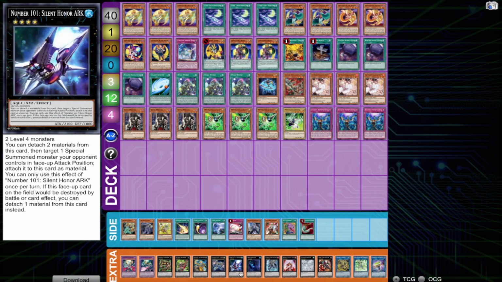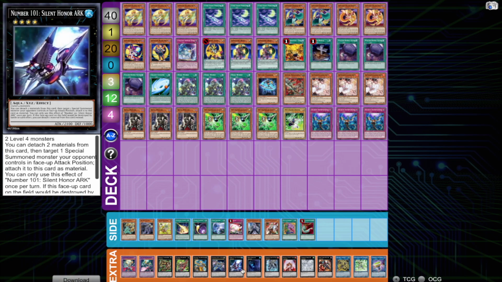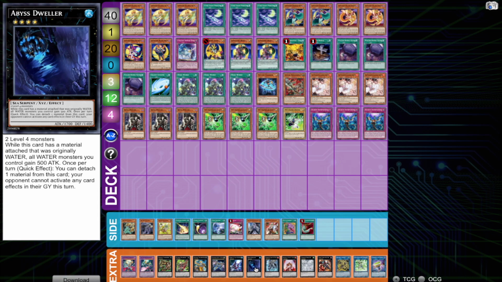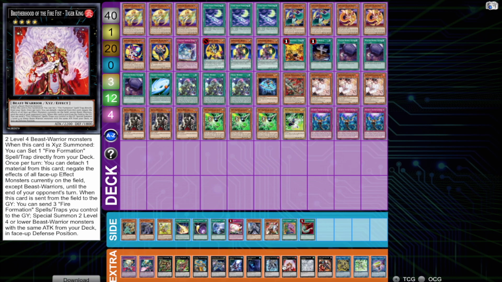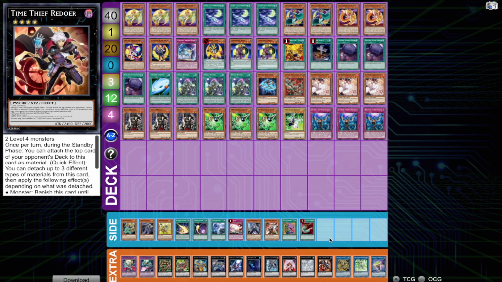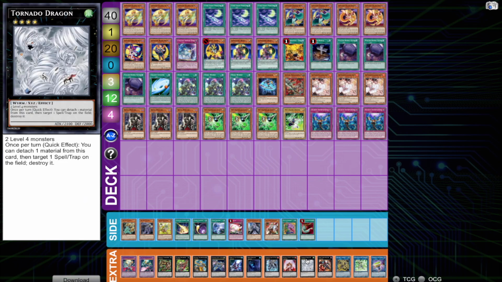And then you have the 101, which is also really good for going into Zeus as well as sucking up monsters. And then you have the Dweller, you have the Dugarius, you have the Fire Fist Tiger King, which is also really good. Tornado Dragon, Redoer. Then artifacts for the artifact package, you can go for the artifact Dagda into the Tornado Dragon,